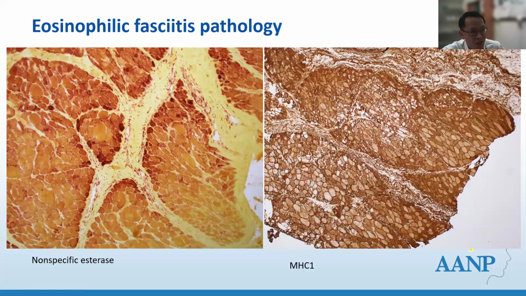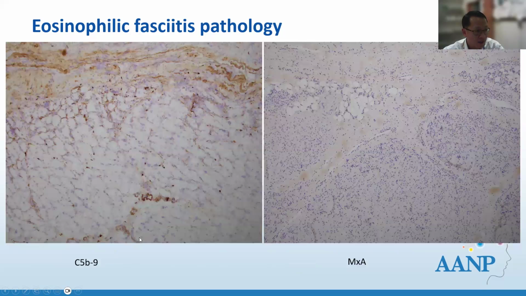And although it's a fasciitis and supposedly secondarily involves the muscle, the MHC1 can be diffusely upregulated like that. So if you don't have the history, these kind of cases are quite tricky. It's a very difficult case just to call eosinophilic fasciitis on muscle biopsy, and certainly very mimicking inflammatory myopathy. With a perivascular atrophy here, it certainly comes as a differential for dermatomyositis. And here's the C5b9. You can see that there can be robust capillary staining. And thank goodness, the MxA is negative in all the cases that's tested.